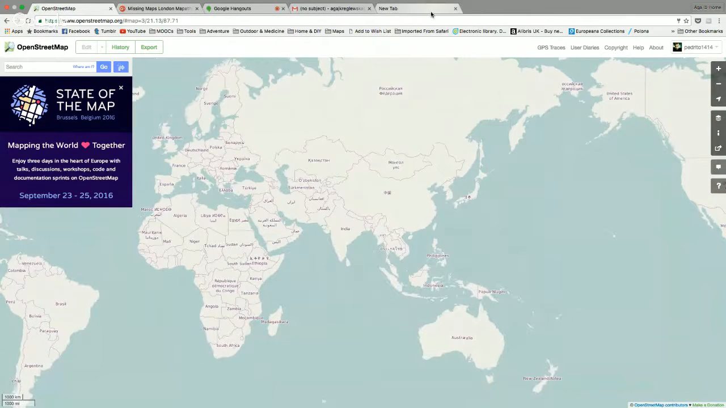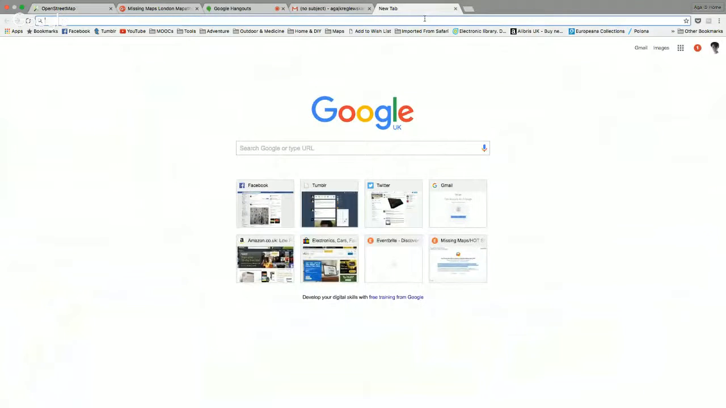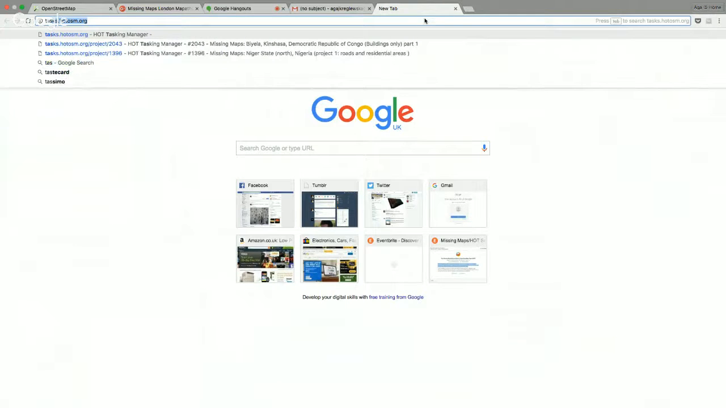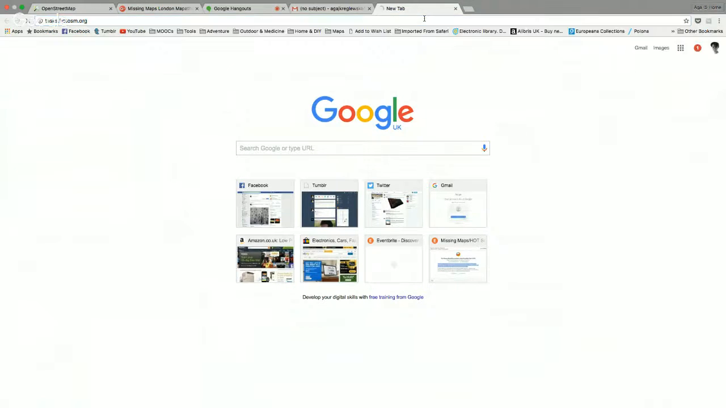So to make sure we don't have loads of confusion when 70 of you are trying to map the same place at the same time, to make sure that you and you aren't trying to map the same building, we use something called the Tasking Manager, which is tasks.hotosm.org. So if you navigate to that website,